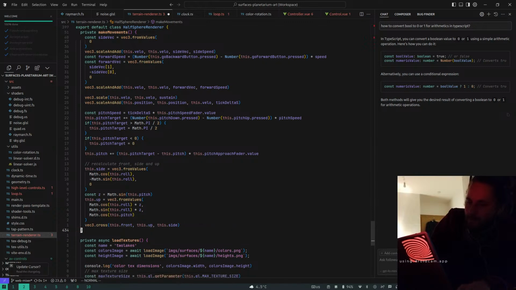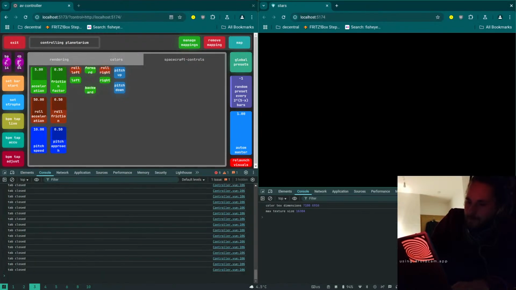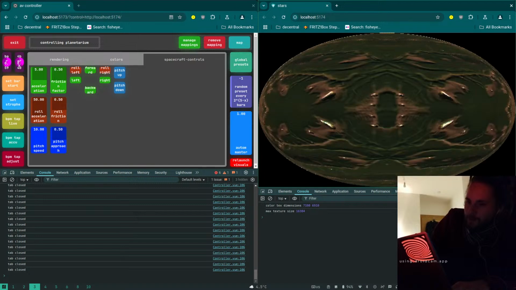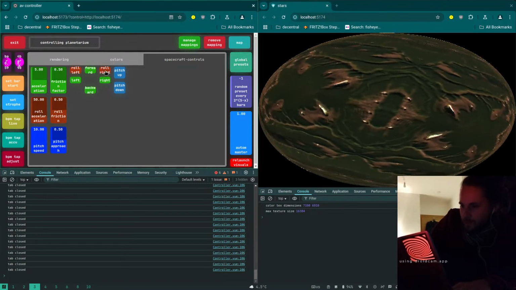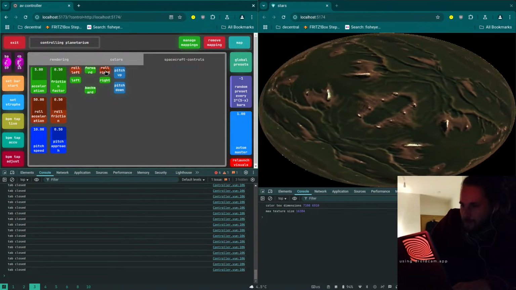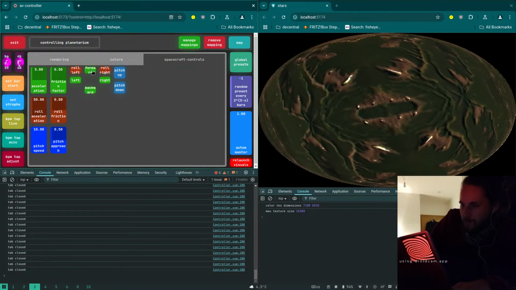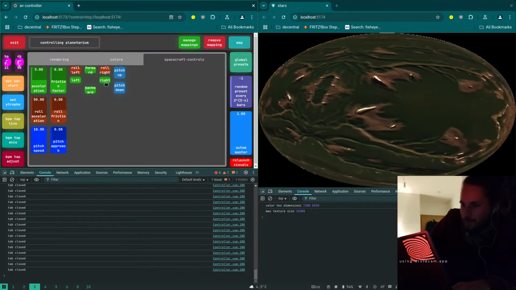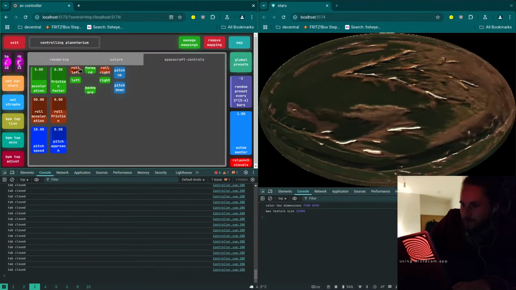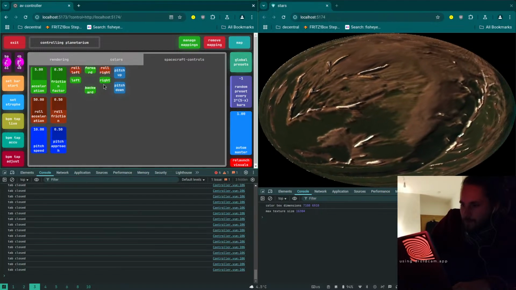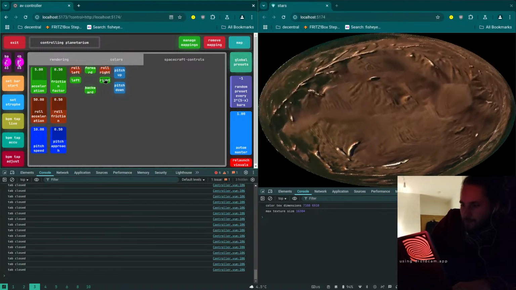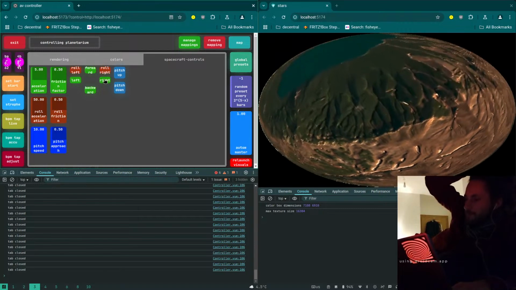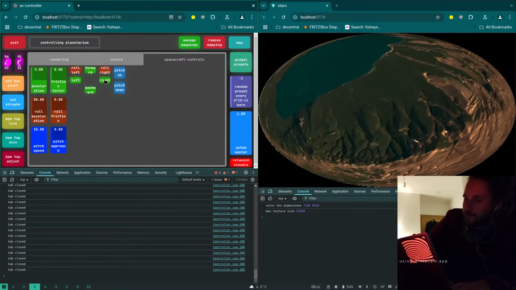And then the front vector is the other one. Let's try to write it. Okay, it's kind of good,